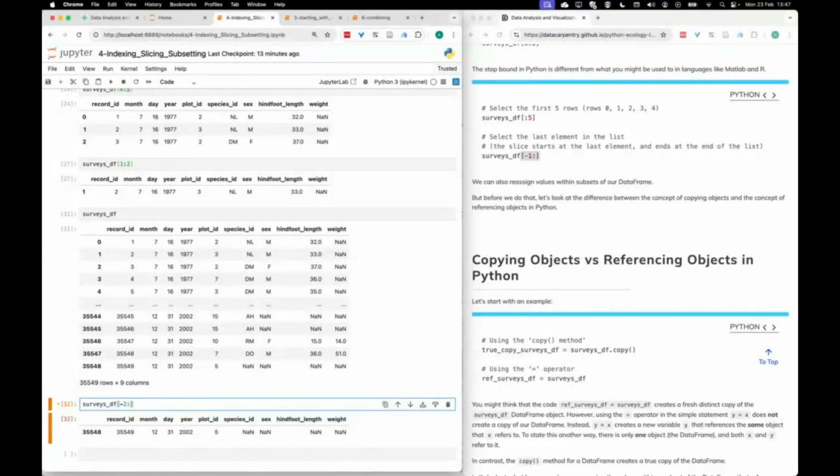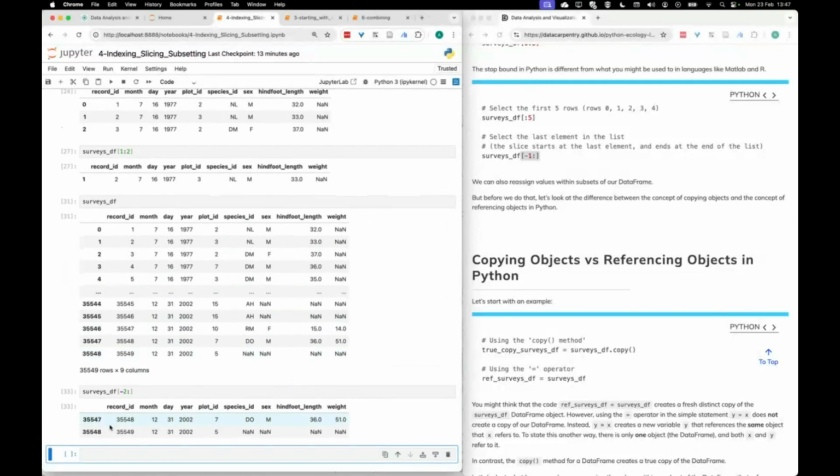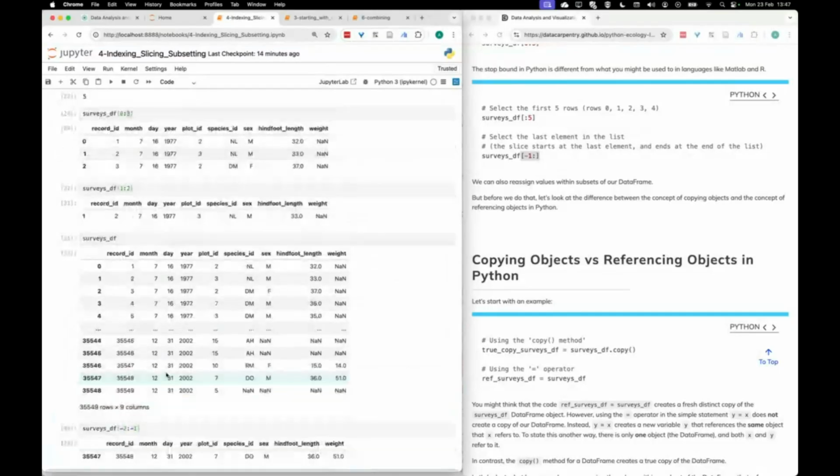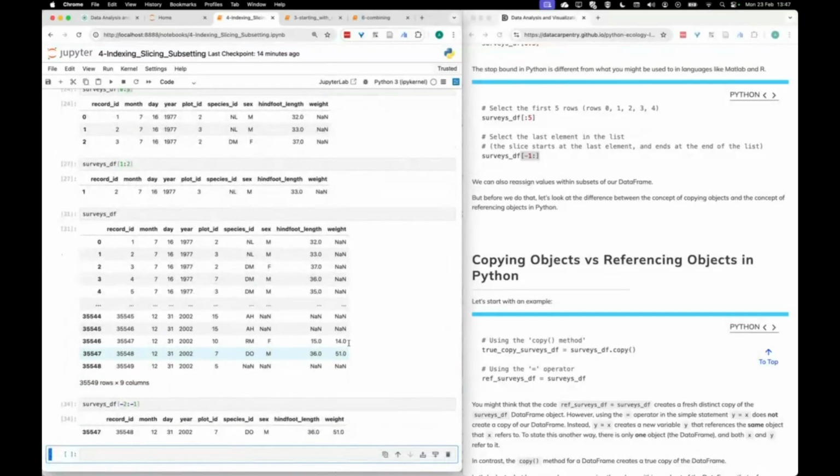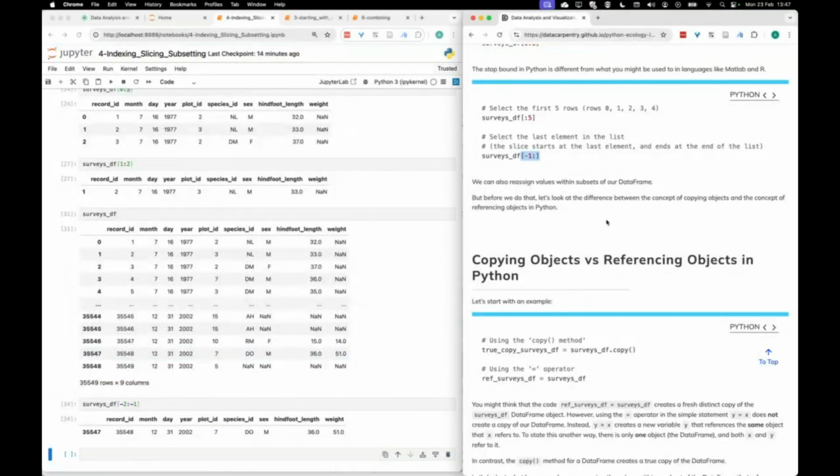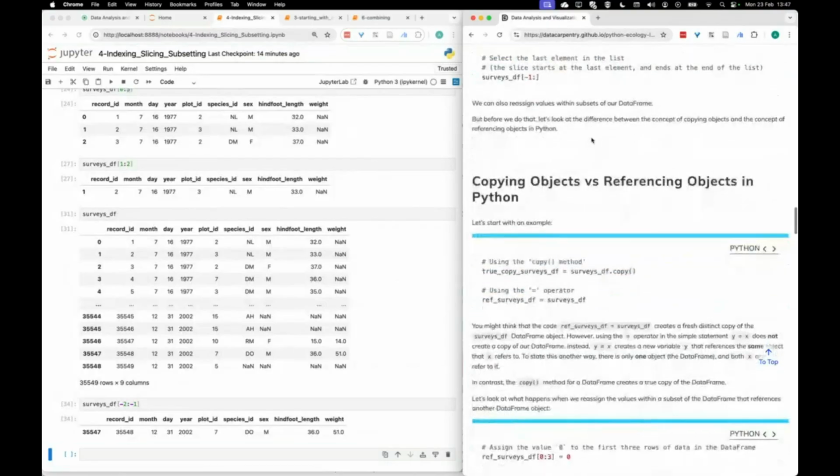So if I ask for -2, it gives me the last two values. If I go from -2 to -1, it gives me the second to last value, etc., etc. Okay, so that's slicing. Now let's see how we can modify some of the data in our data frames by